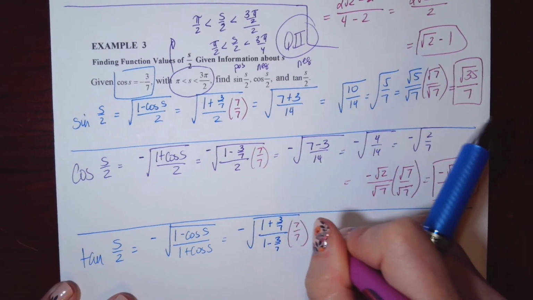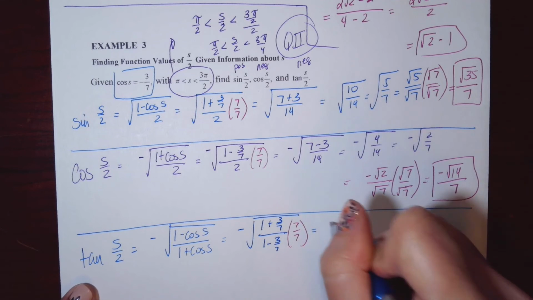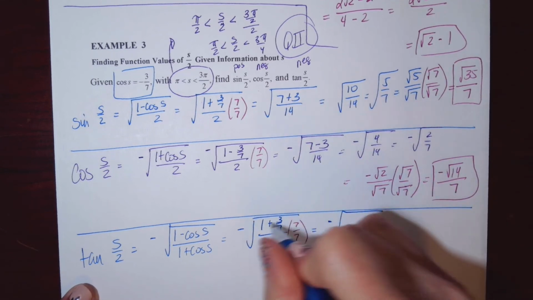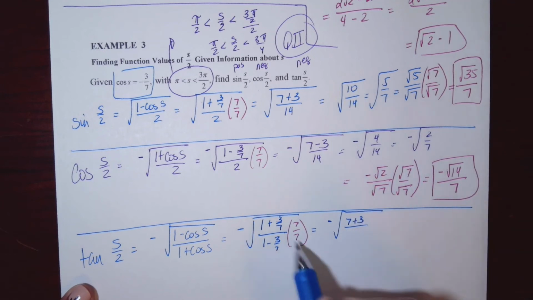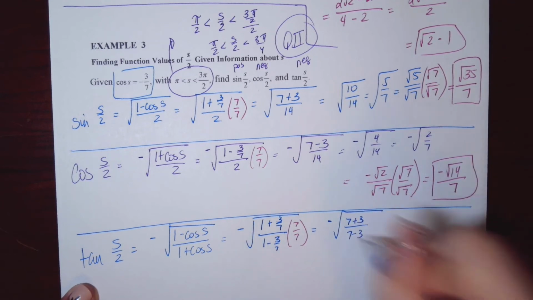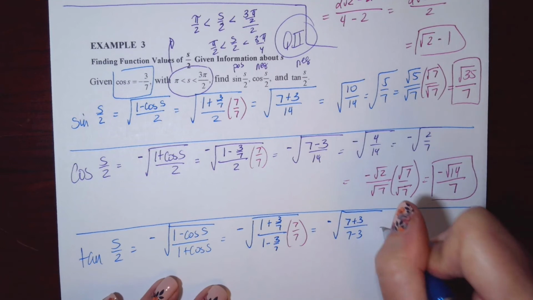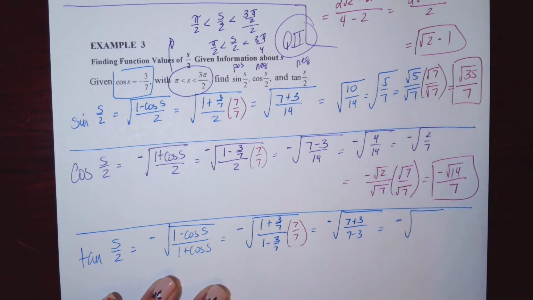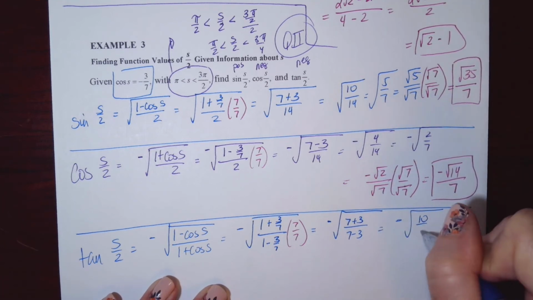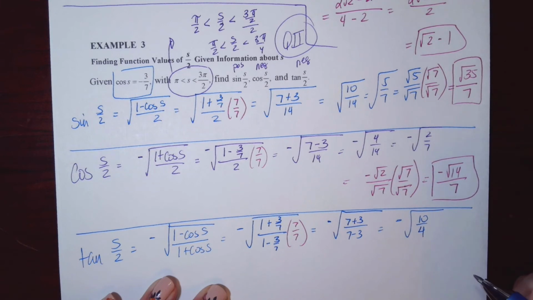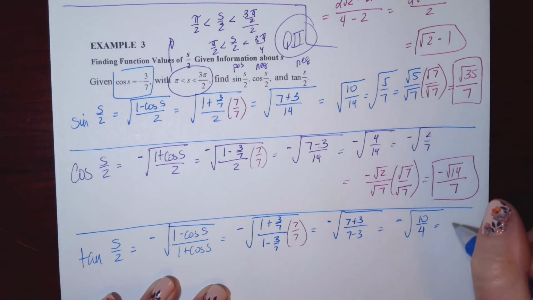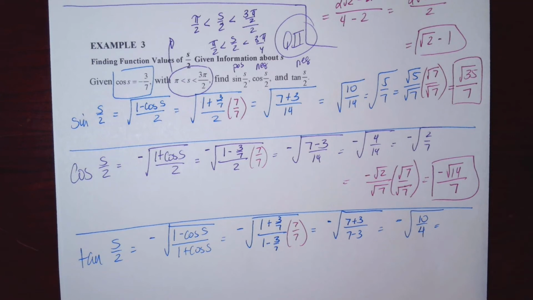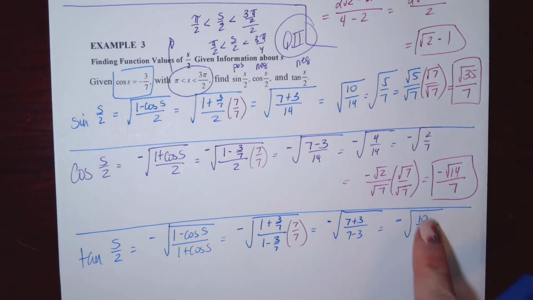Do my multiply by the well-chosen one trick. Not a trick. Legal move, right? 7 plus 3 is my numerator. 7 minus 3 is my denominator. So I've got a negative 10 over 4, which is a negative 5/2 underneath my radical, or instead of reducing